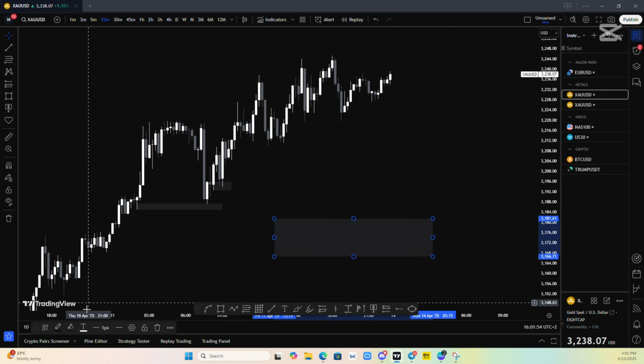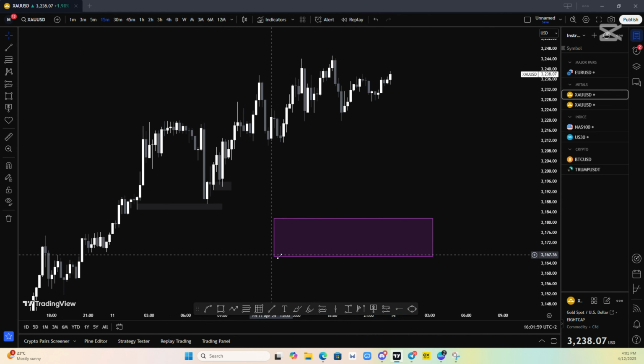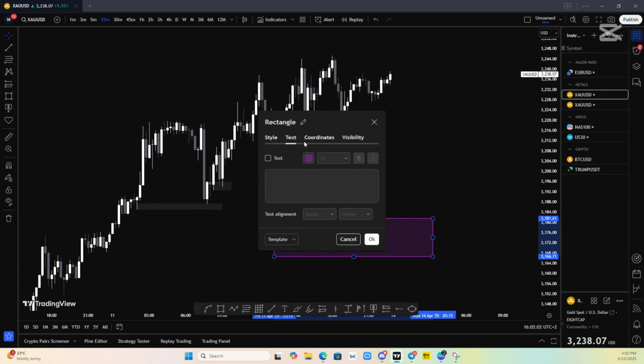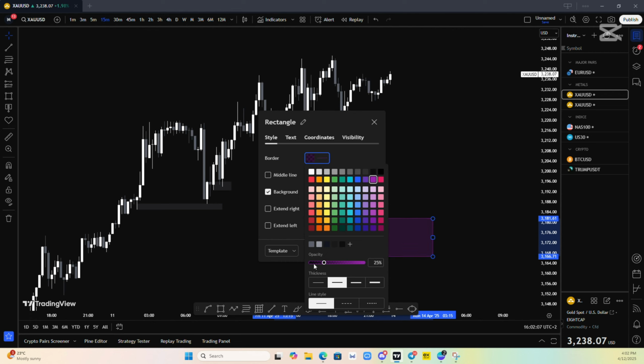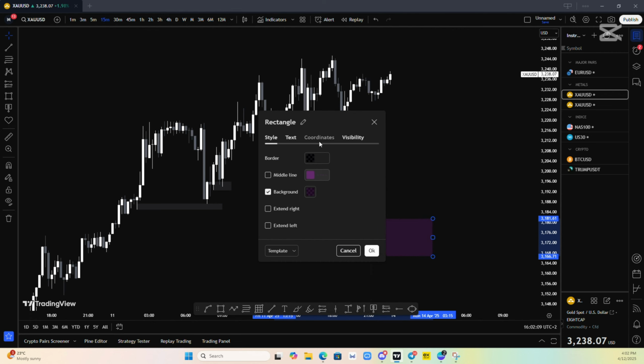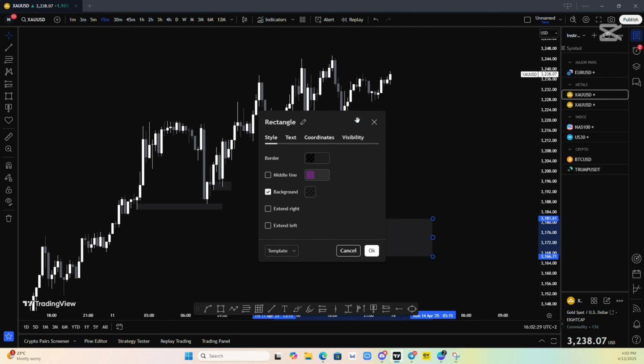The default is going to be like this. What you're going to do is go on to style and then disable the border. I don't use a border for the rectangle tool. Then with the background color, you're just going to copy and paste the chart color code that I'll put in the description below. I think it's this one here. So I'm going to click on add, and then it should change it to